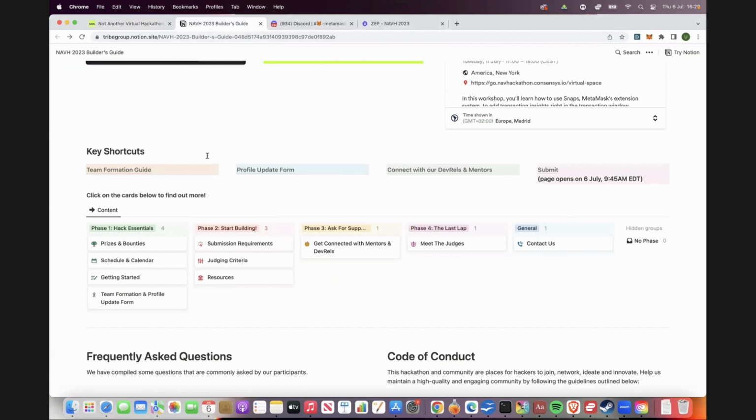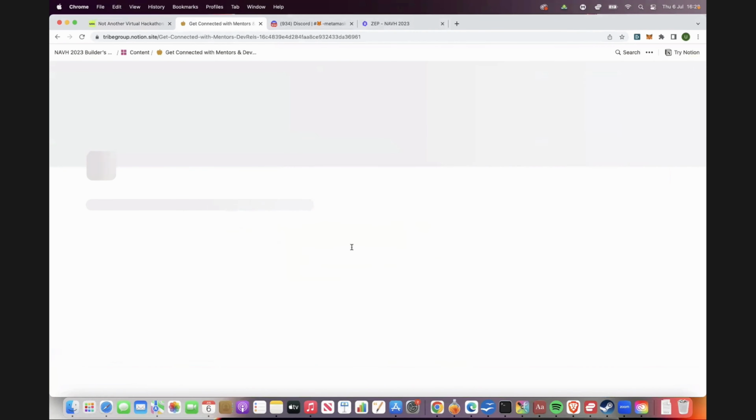Basically, there are a few different sections in here. The first one is Hack Essentials, where you have information about the prizes, the schedule, how to get started hacking, and so on. Then you have Start Building, which is more in-depth information about the kind of submission and the criteria we're using for judging. And then how to ask for support. So when you click in here, you will see